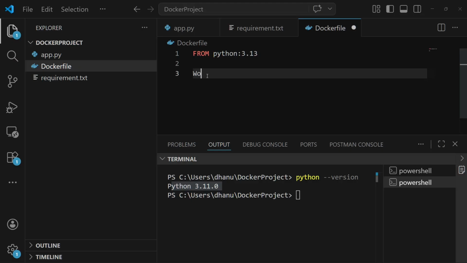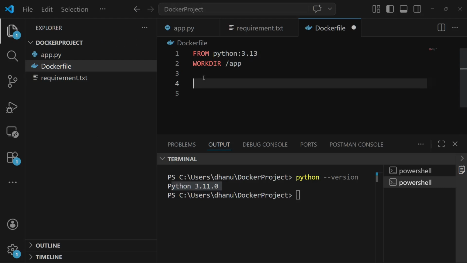Next, working directory. Let's create one working directory as app, because Docker won't run your code directly here itself. It will create a copy in the container, then it will run there. So basically we are creating one empty folder as app inside Docker, and we are copying the requirements.txt file to that app folder.